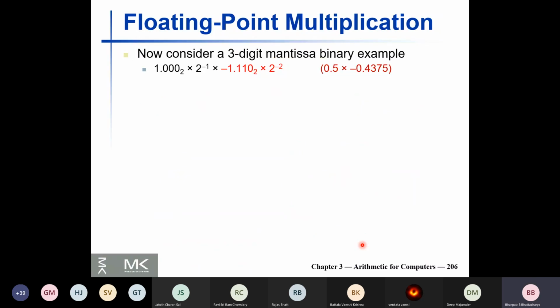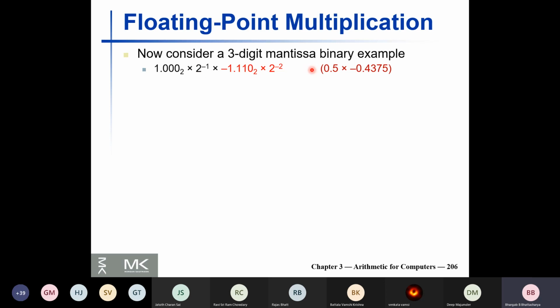So now let us move into multiplication, and then we'll be done. Multiplication appears to be a little simpler than floating point addition, because as before we have a 3-digit mantissa here, and this is the hidden one we have restored. We have a positive number and a negative number, and we are going to multiply them. In multiplication, what I need to do is add the exponents. I don't need this exponent comparison and equalization. So that part becomes simpler.